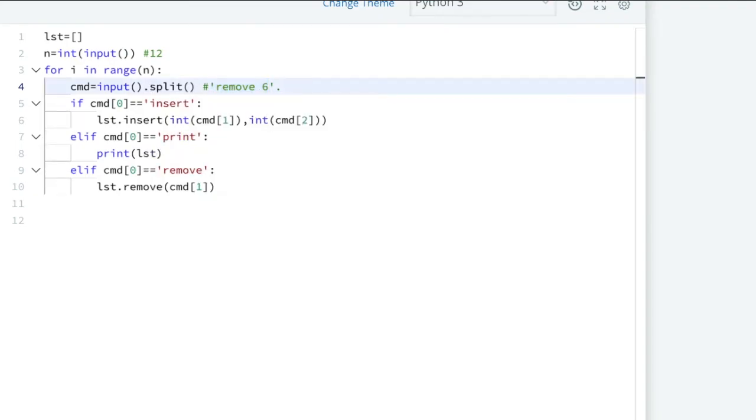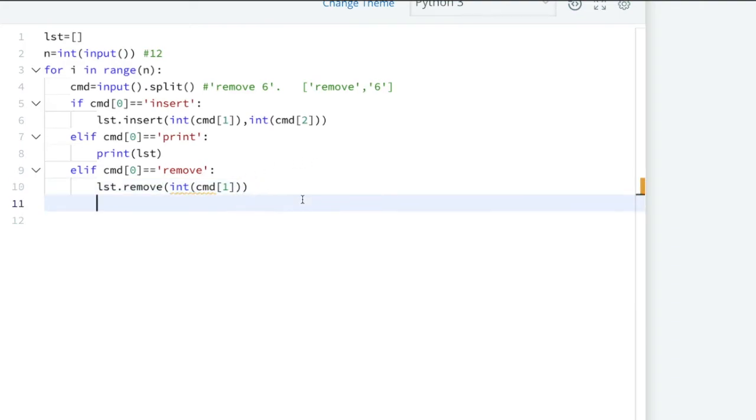So after splitting, the value will be remove, and the second value will be 6. So you can see here again this 6 will be of string type, so we have to convert this into integer type. So let us convert this one.